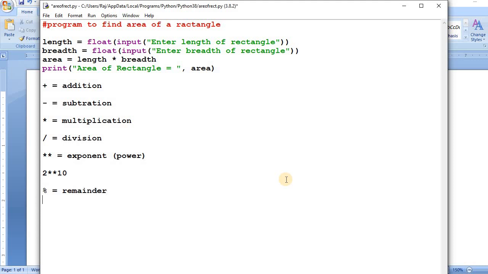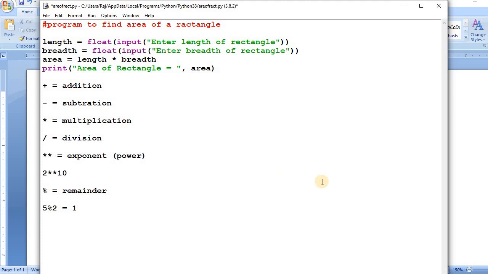Suppose 5 remainder 2: when you divide 5 by 2, you will get the remainder 1. So if you want to find the remainder of 2 operands, we can use this operator. These are the arithmetic operators we will use in expressions.